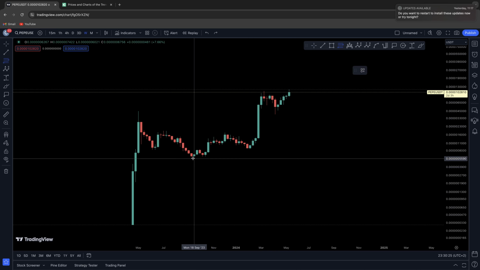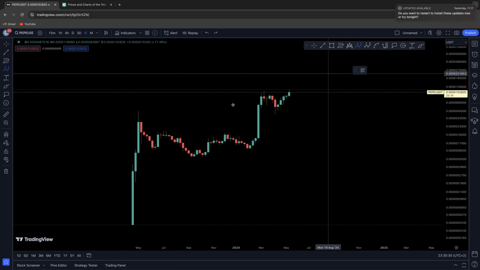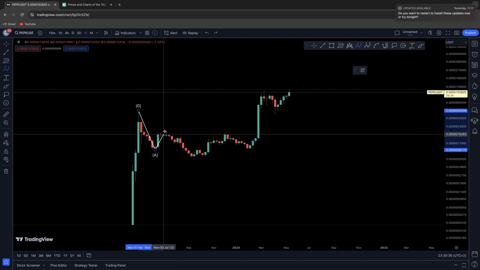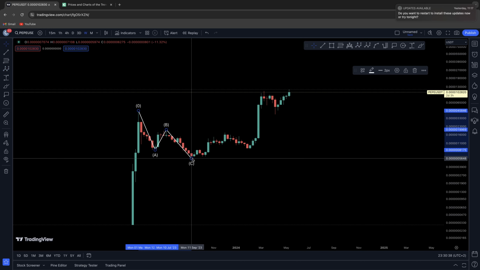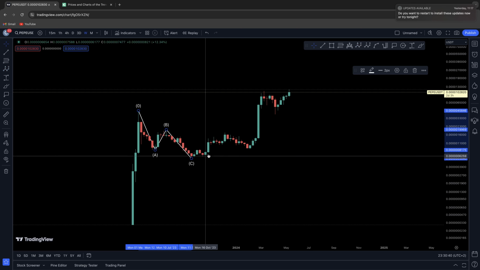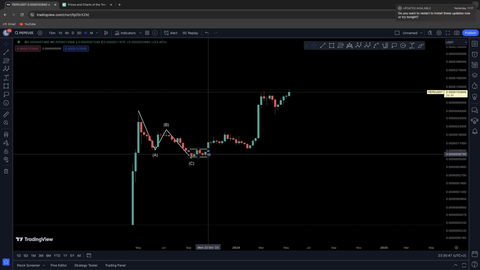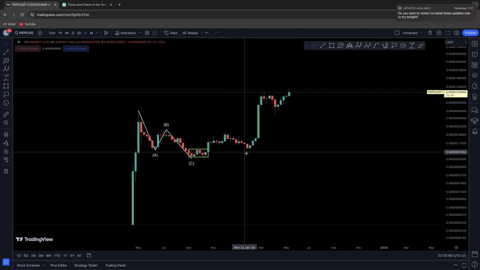So if we go back towards September of 2023, where again we had another ABC correction here. So we had the previous all-time high in May 2023, we had an A, a B, and a corrective C wave. We built some sort of base foundation here, a double bottom over a period of a few weeks slash a month, where we had this small accumulation range, and since then again we've just sort of been breaking out